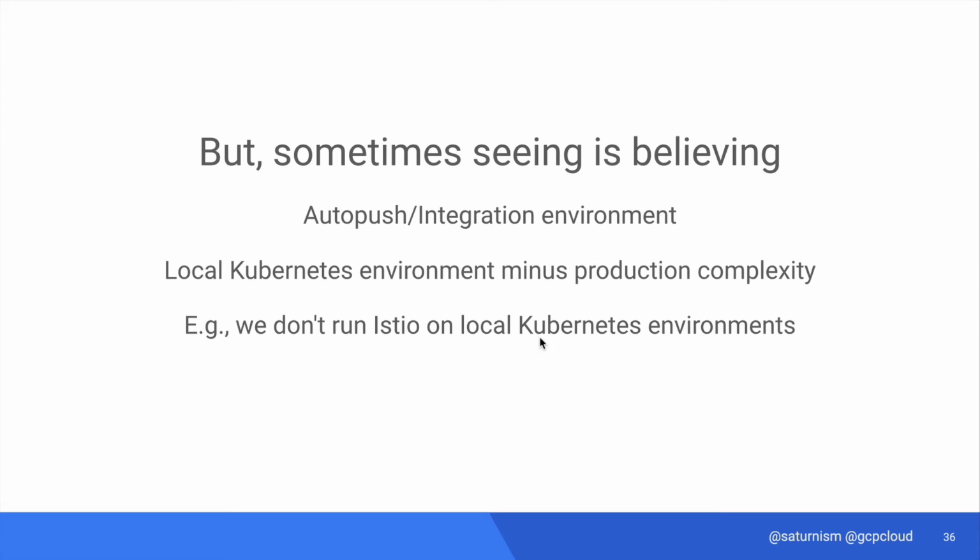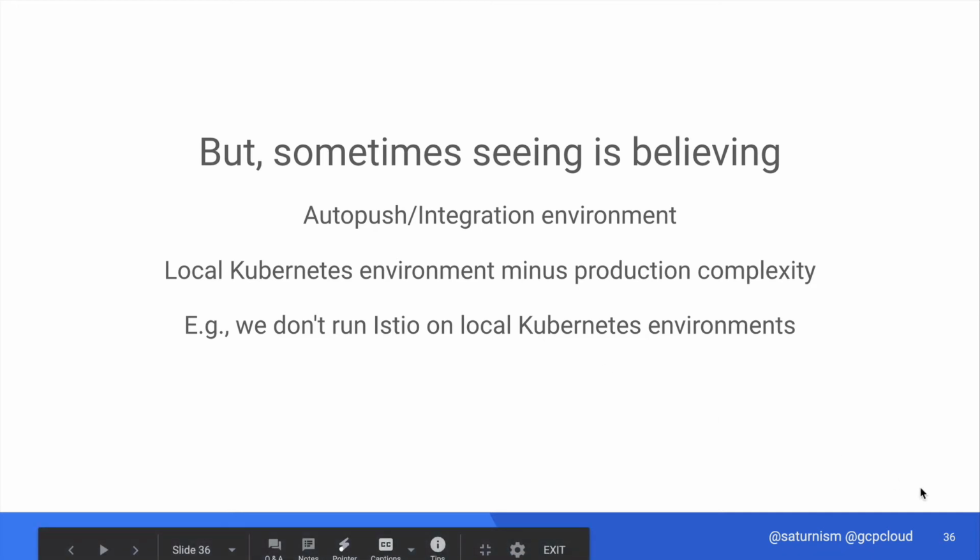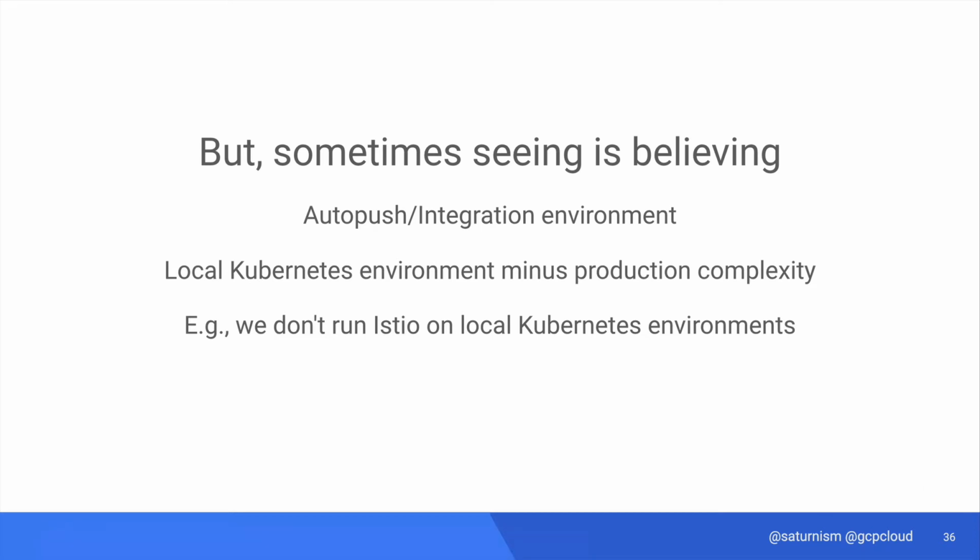So for example, we don't run Istio locally for all the developers because Istio may be harder to debug, right? And we don't want to ask every developer to become an Istio expert on day one. And so we don't want to have anyone spending a lot of time debugging Istio issues. And also Istio components might take more resources to run, and we also don't want to hog the machine resources when it should be spent for application development purposes.